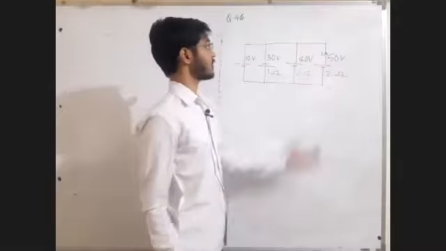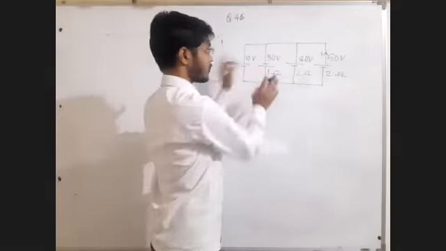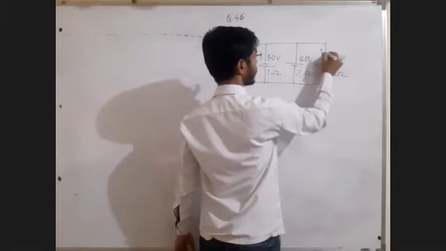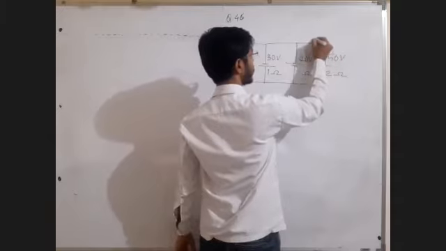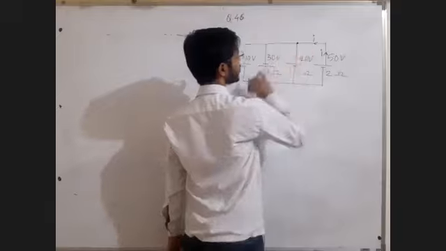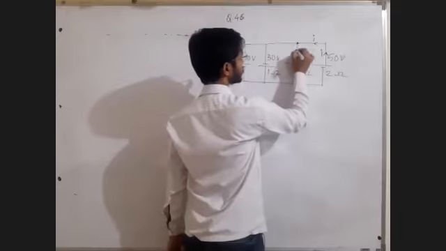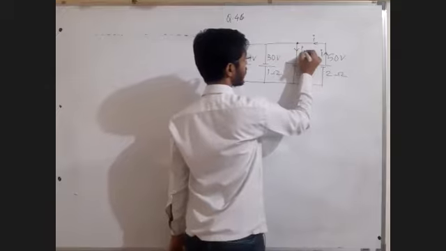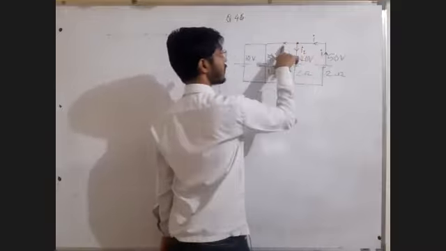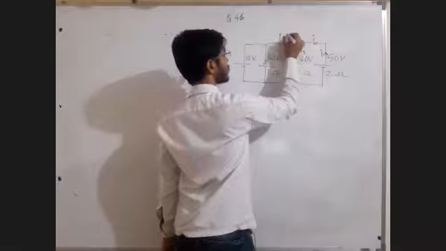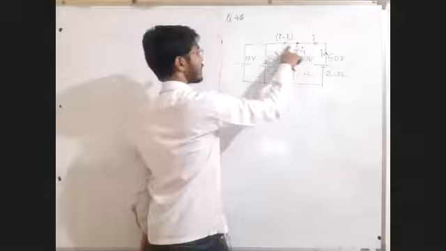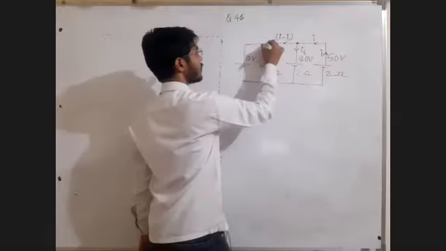This is the largest battery. You can assume current from this battery also, absolutely no problem. I am assuming that this is current I. The current I will flow like this. The current I will come here. When the current I comes here, it will realize that there are two ways. First is this. Let me call that as I1. And the remaining current, by using Kirchhoff's current law, must be equal to I minus I1. Now this same current I minus I1 will flow and will come here.